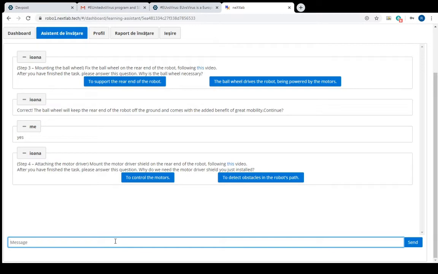Another very interesting functionality is the fact that teachers are able to get feedback from the virtual learning assistant. So the virtual learning assistant will collect logs, will analyze them,